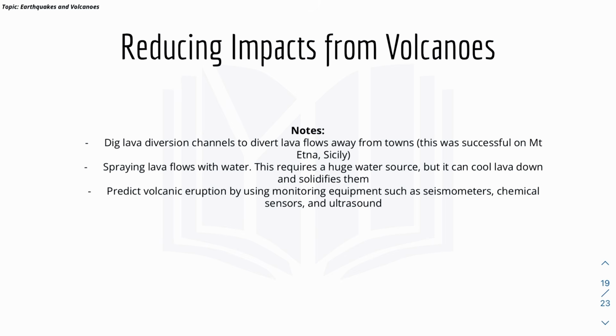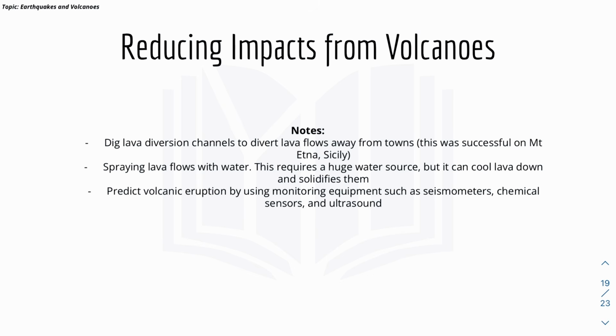And then here we have reducing impacts from volcanoes. Number 1, we can dig lava diversion channels to divert lava flows away from towns. And we can also spray lava flows with water, but this requires a huge water source. And number 3, we can predict volcanic activity or volcanic eruption by using monitoring equipment such as seismometers, chemical sensors,